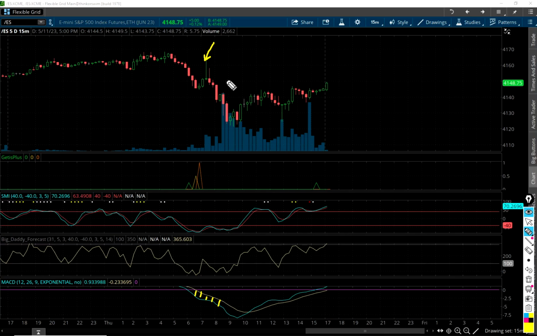That's just trading. But as soon as I would see a candle like this with this big wick, cut that sucker loose. Then just be patient. Watch the MACD doing its thing. You can tell that the SMI is below this line, right? And so is the Big Daddy. See how it's below the bottom line? We're talking down in here. Now you know things are going south, and they're staying south for a while, meaning they're going down.